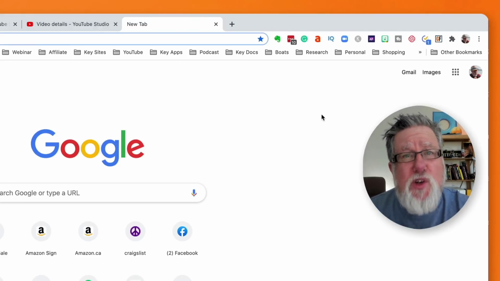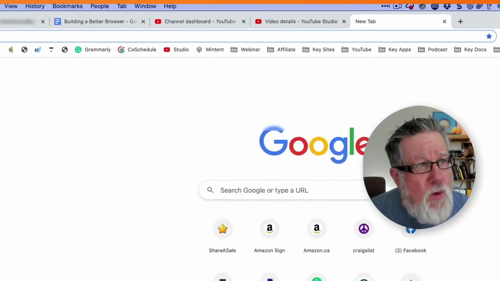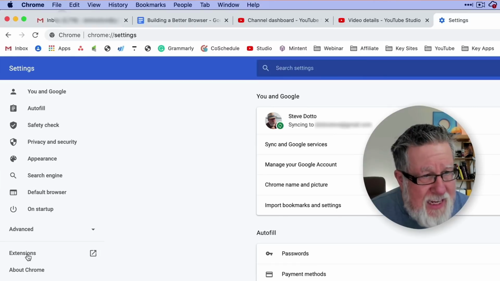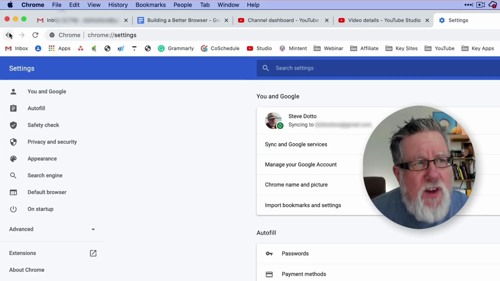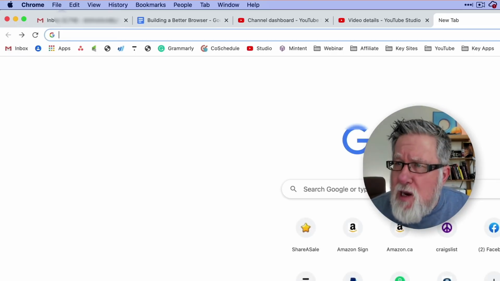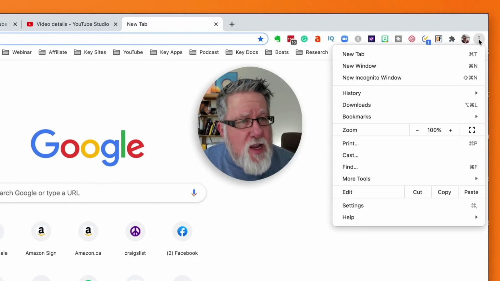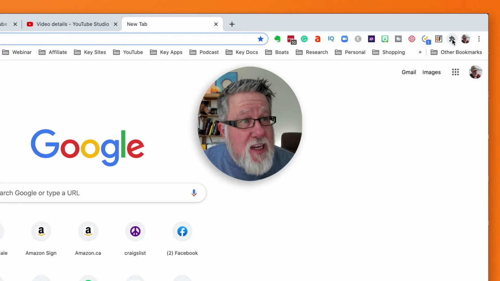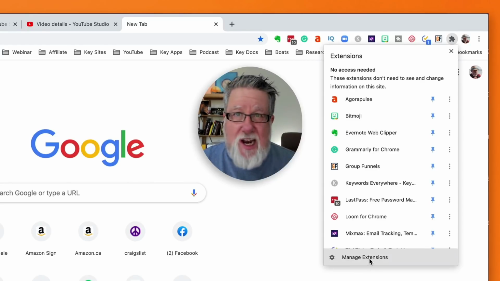Now, with your browser, you can always access your extensions through multiple different menu options. You can always, within your browser, go under the Preferences menu, and within Preferences, you will find extensions in Chrome or some similar name in the other browsers. Similarly, if you don't want to go through that menu there, most of the browsers now have a kind of a pop-out or a menu system in the top of the menu bar here that allows you to go into your settings here, or in my case here, I've got this little extension that's like a little puzzle piece that tells you that it's extensions. This allows me quick access to go in and manage the extensions that I've installed in my browser.